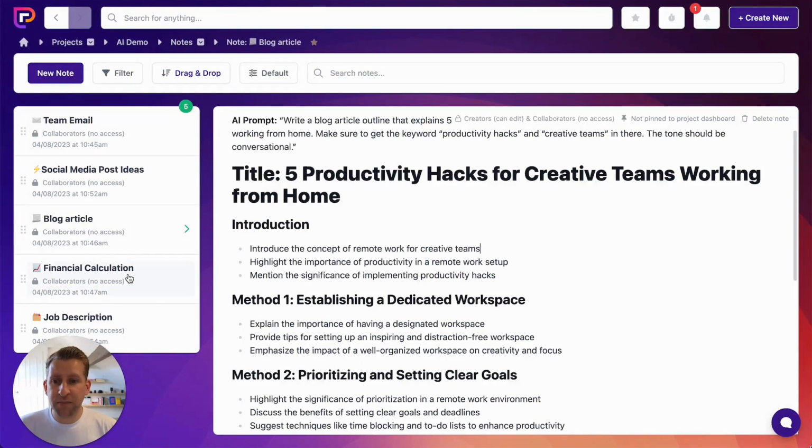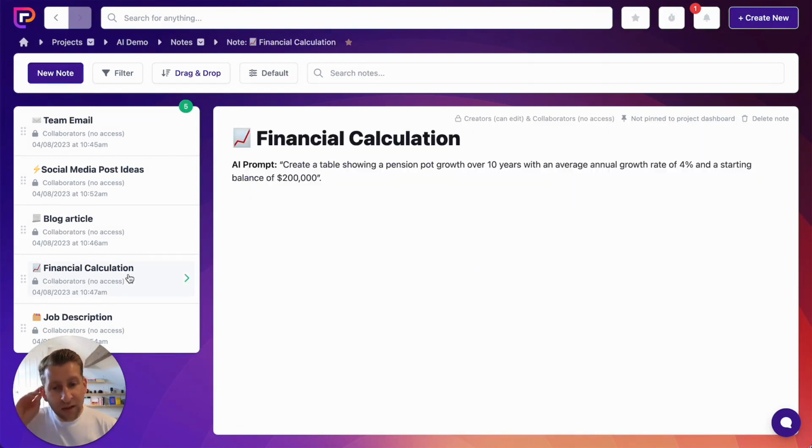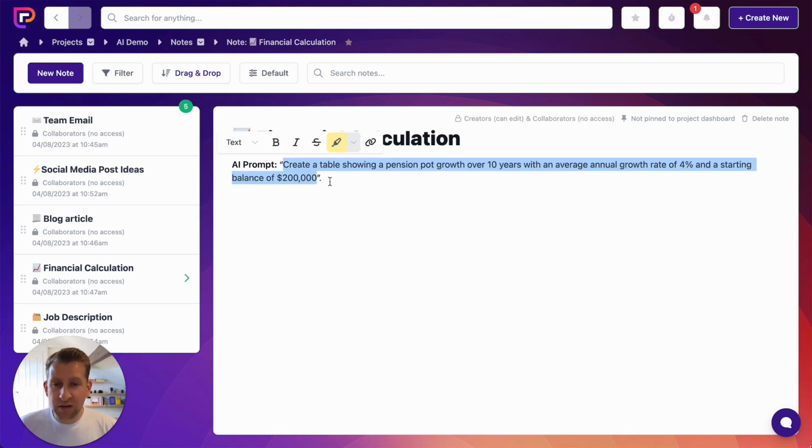Fantastic. Okay, something slightly different here is a financial calculation. So the prompt this time is to create a table showing a pension pot growth over 10 years with an average annual growth rate of 4% and a starting balance of 200,000. So a fairly standard thing that you might have to do as a pensions advisor is to create a growth table, something that would probably be fairly straightforward to do in Excel,